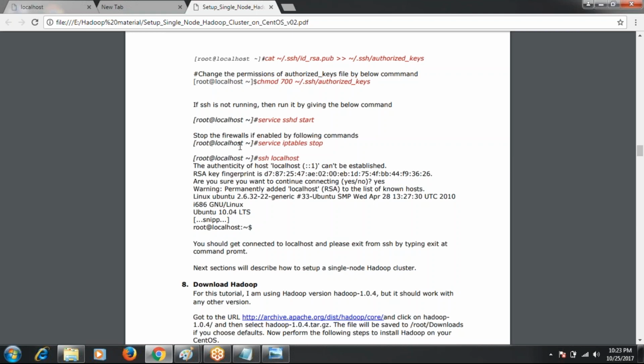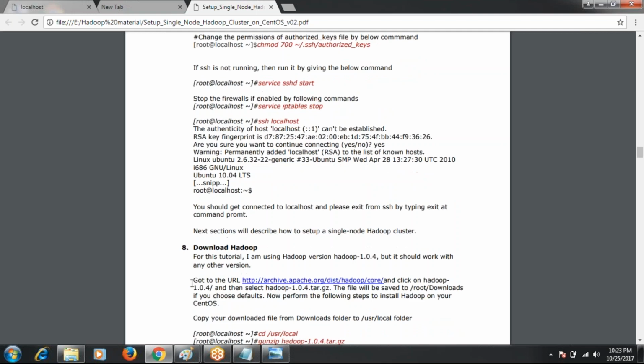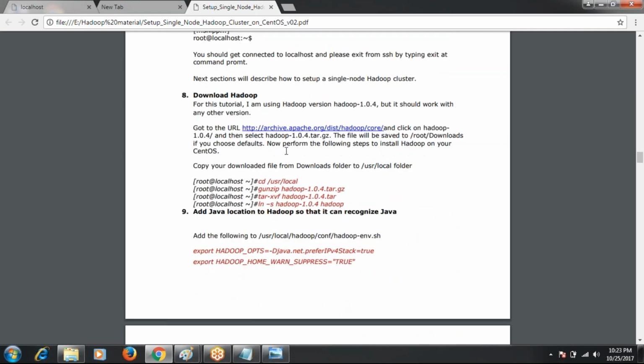So after installing SSH, the 8th step is to install Hadoop. You have to download Hadoop using this link. After downloading, we have to execute these commands, and we'll see them. After installing Hadoop, the 9th step is to add the Java location to Hadoop.